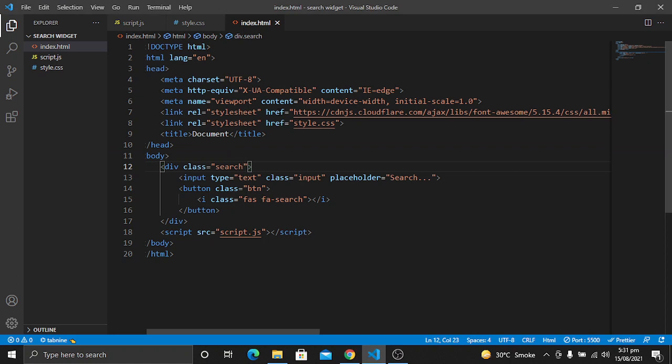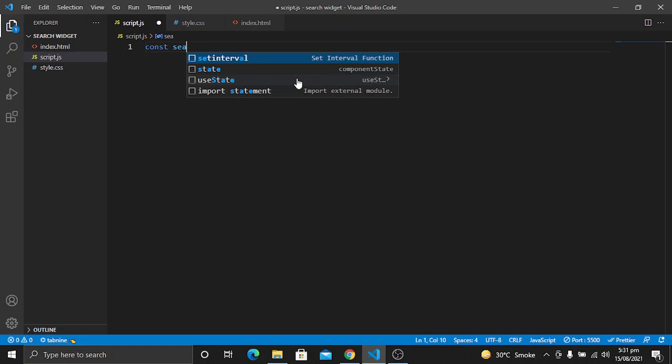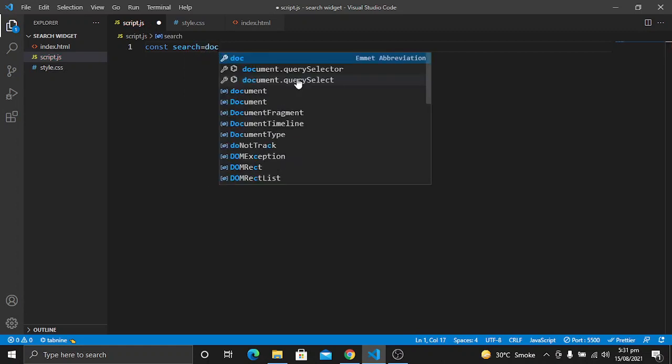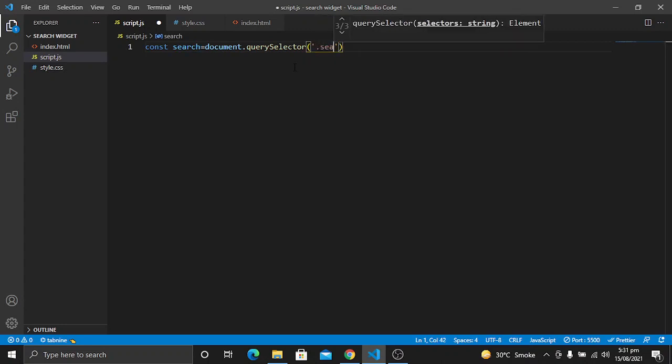We will add this logic in our JavaScript file. So in the JavaScript file, first of all I will select the search div. Here I will use document.querySelector and I will select it with the class of search.